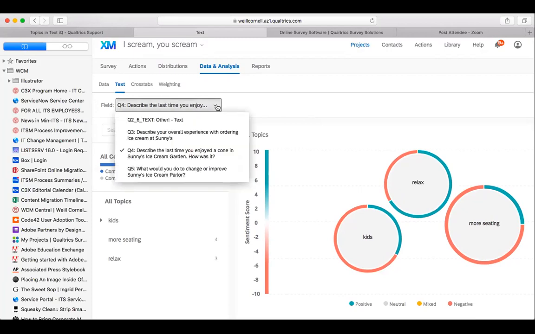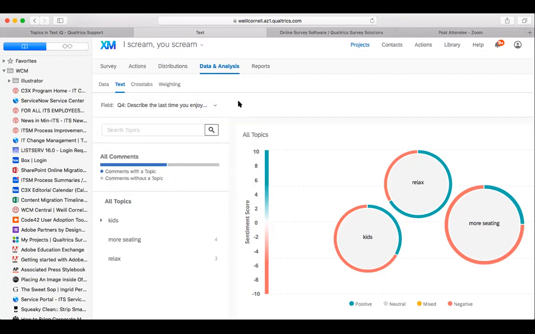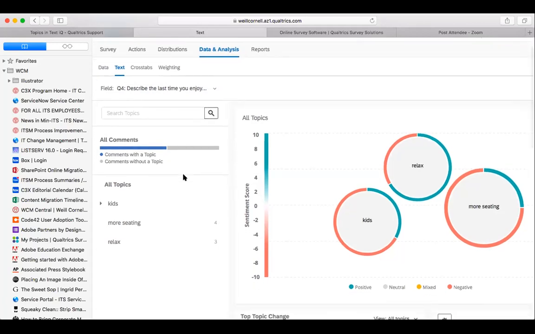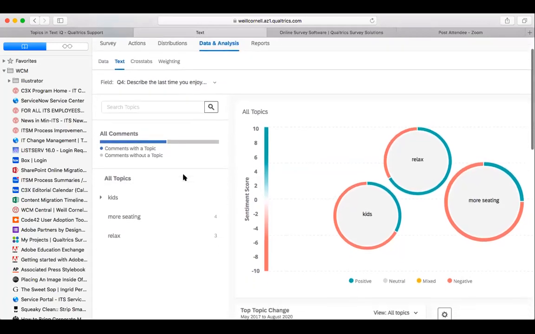So you can see here are the 3 text ones I've got, and we're looking right now at "describe the last time you enjoyed a cone in Sunny's garden," but I could also look at questions 3 or 5. The menu lets me select the different topics that I've already assigned, so you can view the responses that are tagged with that topic. You can also view responses that are not tagged, which means maybe there wasn't a topic